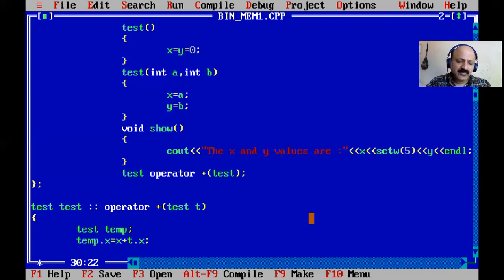So how can we find which x is left hand and right hand? That is a rule. So I just write the calling statement: t3 equal to t1 plus t2. The simple x written is considered t1's x, because t1 is the caller, calling this operator overloading, and t2 is passed as the argument.